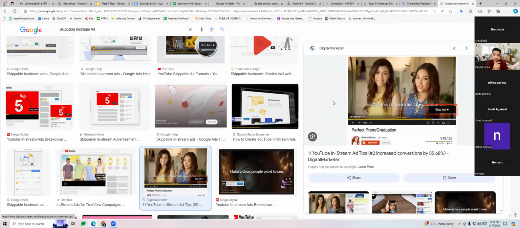This ad is used extensively by a lot of businesses, primarily for various reasons. You can do sales, lead generation, website traffic generation, brand awareness, all that you can do with this type of ad. You will be able to run this ad on YouTube. You can run this outside YouTube as well. There are a lot of video content websites like Vimeo, Hotstar, where you will be able to show such kinds of ads. So this is our skippable in-stream ad, extremely widely used right now with respect to video campaigns.